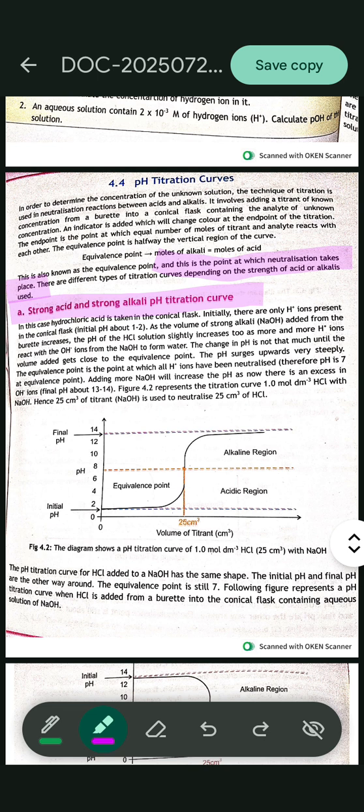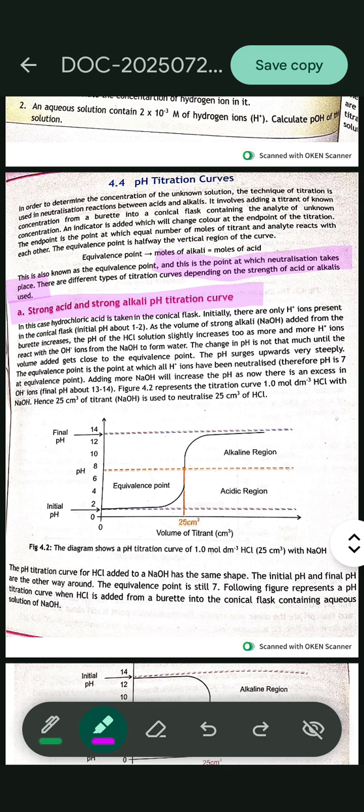The change in pH is not much until the volume added gets close to the equivalence point. Then the pH surges upwards very steeply. The equivalence point is the point at which all the H positive ions have been neutralized. Adding more NaOH will increase the pH as there is an excess of hydroxide ions. So this is the curve that shows the titration of HCl with NaOH. At the initial stage the pH is low, but when the alkali is added, there is the final pH that is about